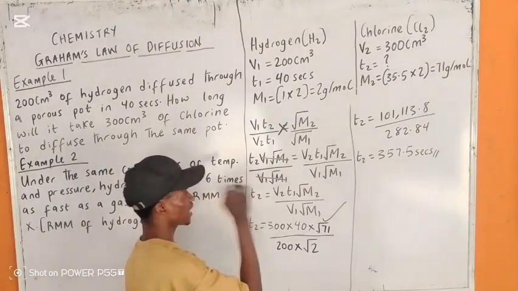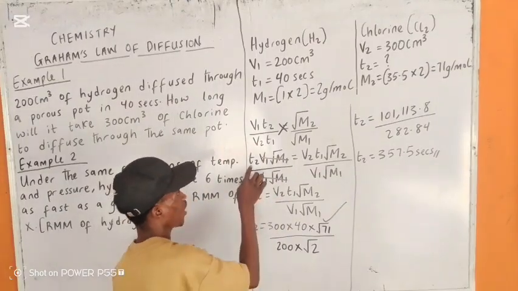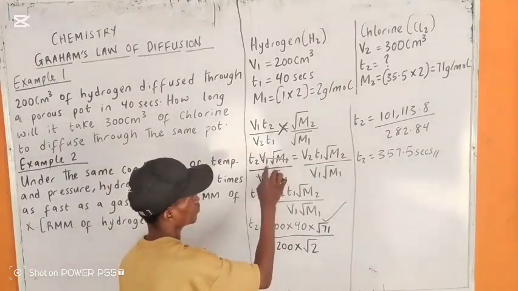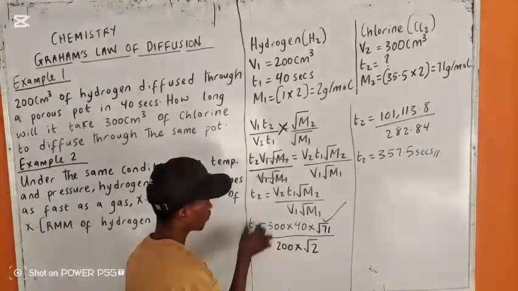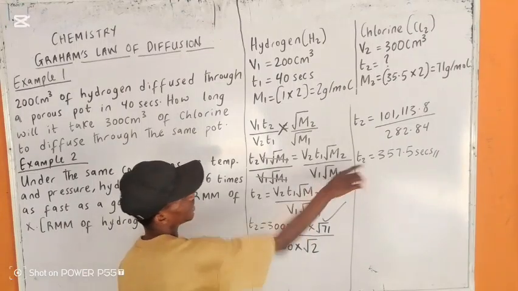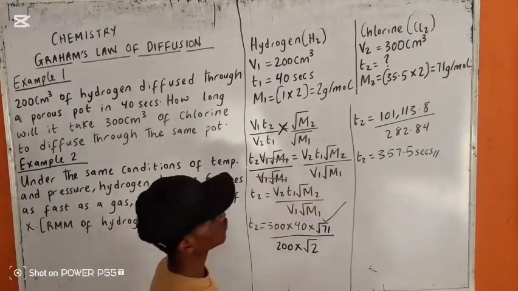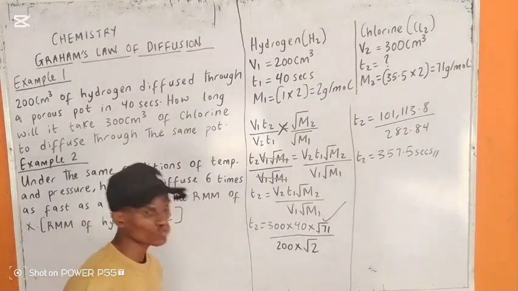But I'm making this one the subject of the formula. So I have to divide by these two. So I divide, and I get this. Here now, I input the values, so I get my final answer. So this is for question number 1. For question number 2 now,